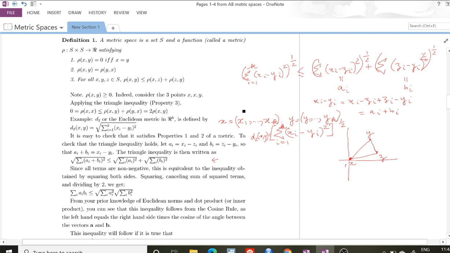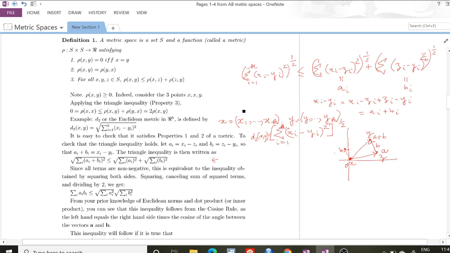Right, so if the origin is located at x, this xz here, just call it now a vector a, and this zy here is a vector b that is pulled and put here, right? So then this is the vector a plus b,